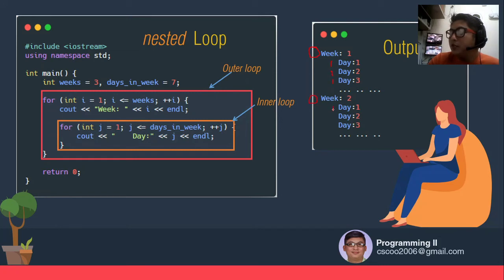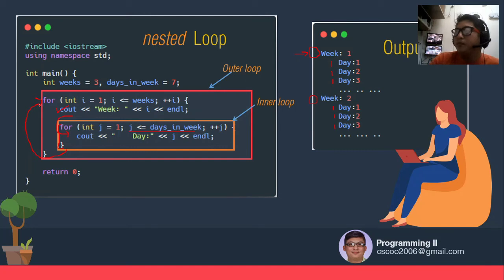Which means when you execute a loop, it always completes the inner loop before continuing to the outer loop. Okay, so it's like this one. If you analyze this one, it goes first to the outer loop. After executing this statement, it will go inside the inner loop and complete the cycle inside the inner loop. When the condition becomes false in this for loop, it will go outside and go back to the first